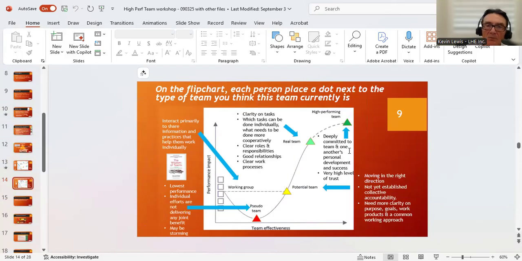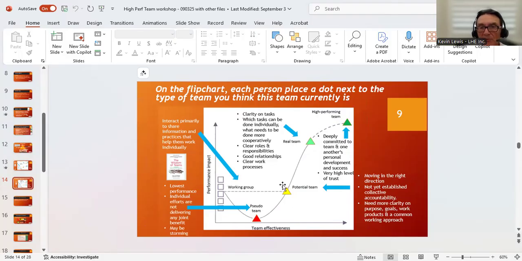And then after you project it on the screen, go to your flip chart and ask people to put a dot. There's little hot dots, I'll show you an example of those, or a marker. Where do you think this group is right now? And get people to stand up. The team leader has to stay last. Don't let the team leader mark what he or she thinks. They do it last because that will influence everybody: oh, well, if she thinks we're a team, we all got to be up here, that kind of thing, right? Or if he thinks we're over here.